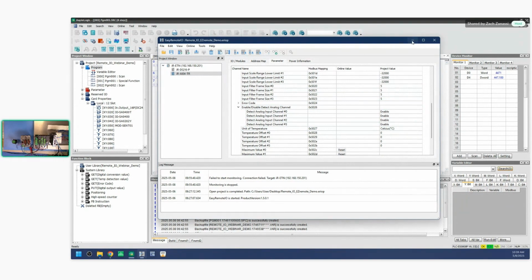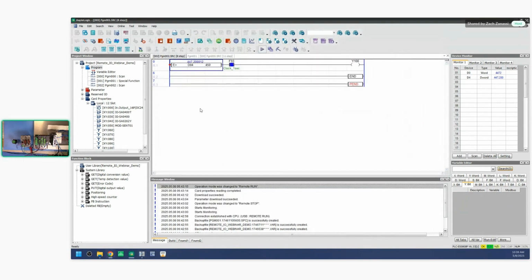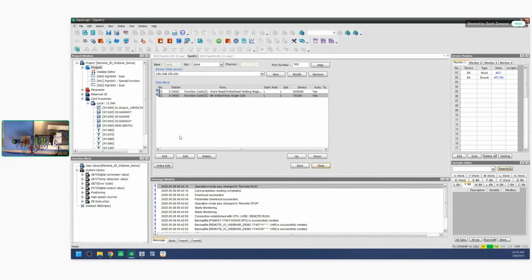All right, so we're going to go ahead and jump back over to this. So the main question is we have our logic. So how do we map those addresses we just saw in the Easy Remote I/O software to the Maple Logic software, so we can actually monitor this real value and control real outputs on that remote I/O? So we are going to create a Modbus master scan or program,